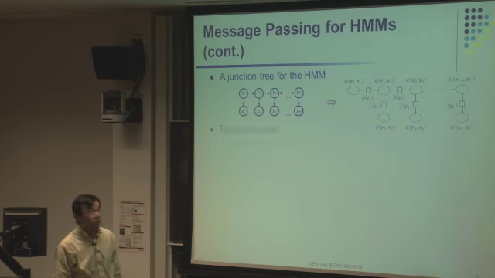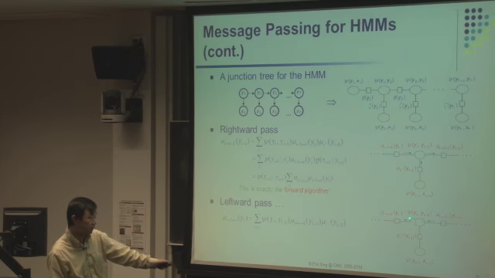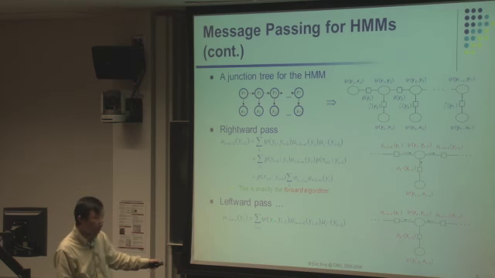And likewise, for the backward message passing, the backward algorithm, you have the same thing. The message is now coming from here to here, and you have the downstream message. I think this is the conditional probability, which is a potential function on this clique, and this is an emission probability